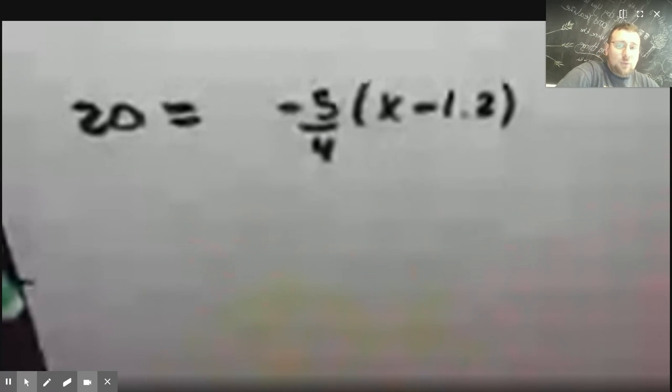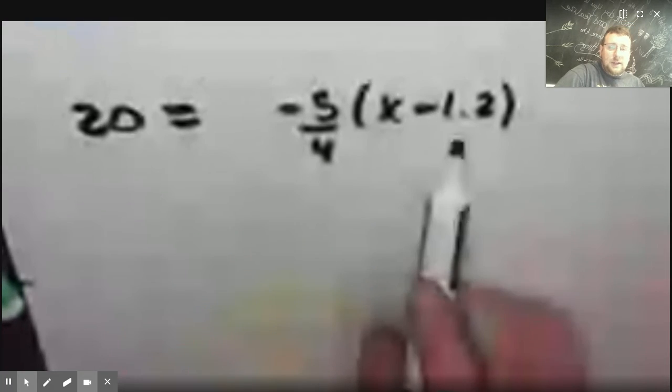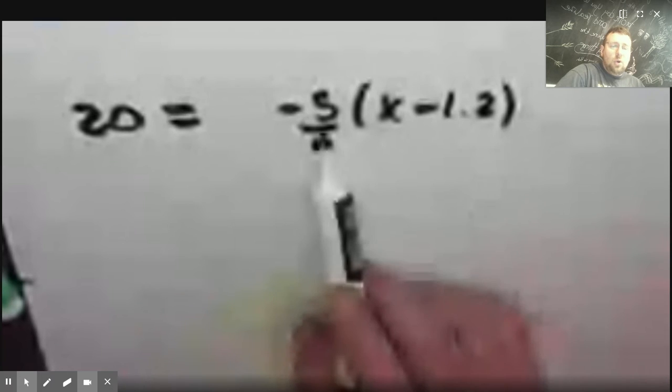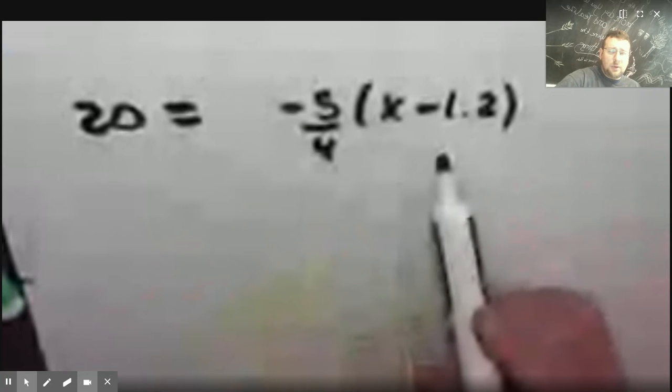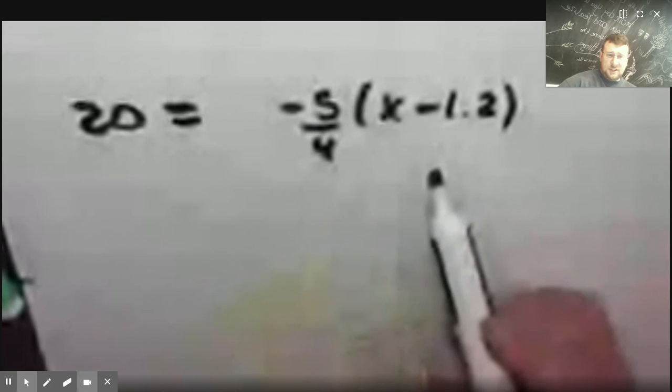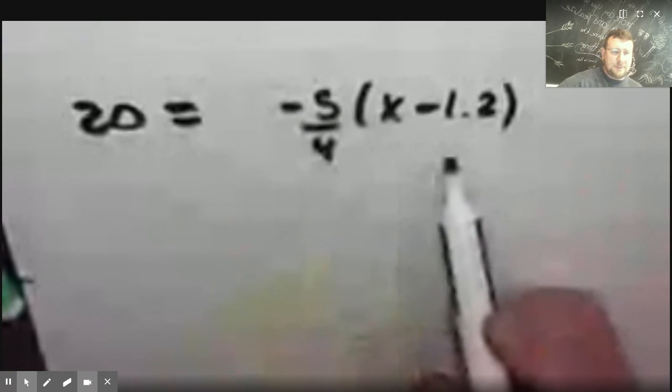The first thing I have to worry about is reverse order of operations. So I want to do addition or subtraction first, but that's inside of parentheses. So then I have to either distribute this or leave it for last. And I'm going to leave it for last because that's the way I like to do it. Okay. And also, I think it'll be easier with this case because multiplying the fraction times the decimal will probably